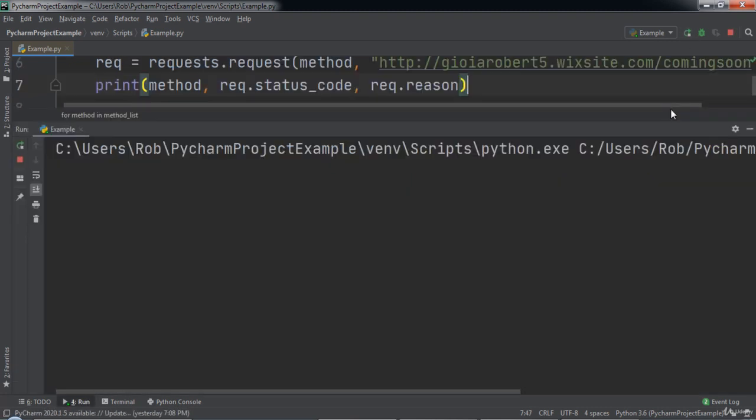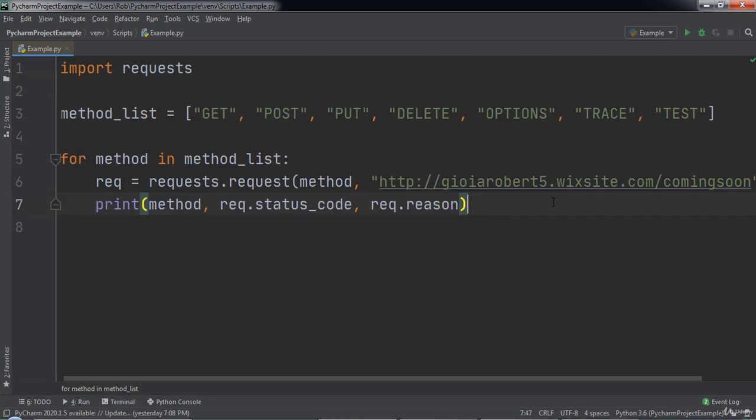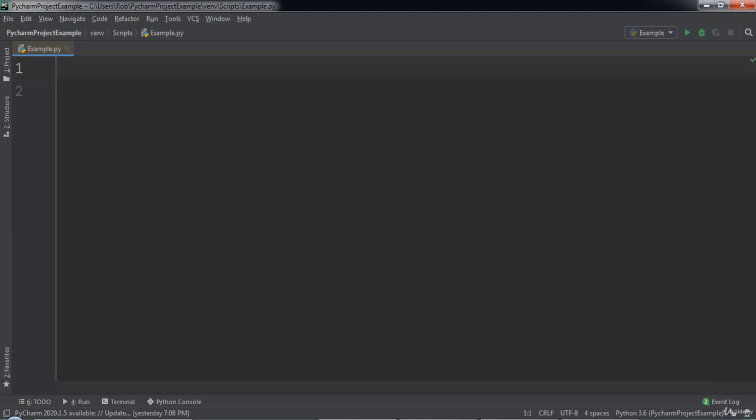When we run the code, notice the following results. It is okay for us to perform a get method, but the rest are either forbidden or not allowed. The next example we will look at will take this a step further. Specifically, we will learn how we can use HTTP header information to test insecure web server configurations. By doing this, we will be able to see what types of attacks are possible on that web server based